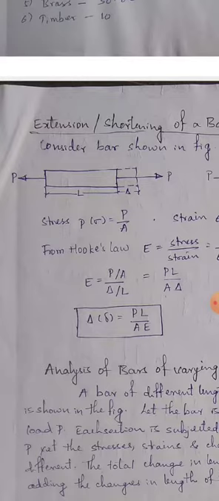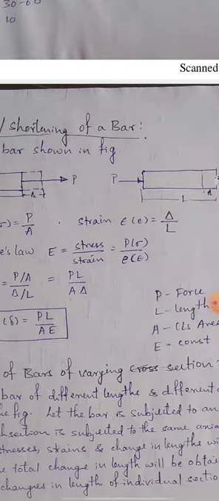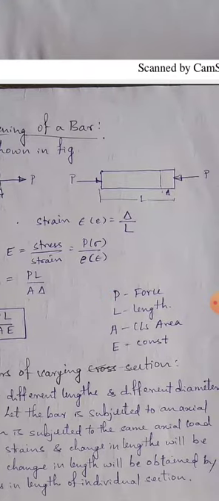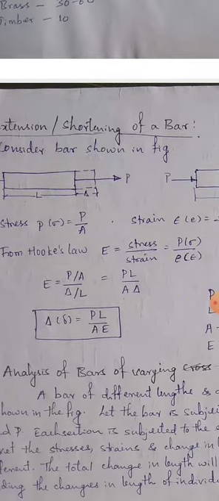Consider the bar element due to some axial pull or axial load, for a length of L and a cross section area A. Due to tensile load there must be a possible change in length delta. Therefore, stress is equal to how much? P by A. Due to compression there must be a decrease in length delta. Therefore, the strain is delta by L. Apply Hooke's law. The stress is proportional to strain within an elastic limit. Therefore, Young's modulus or modulus of elasticity is equal to stress by strain.